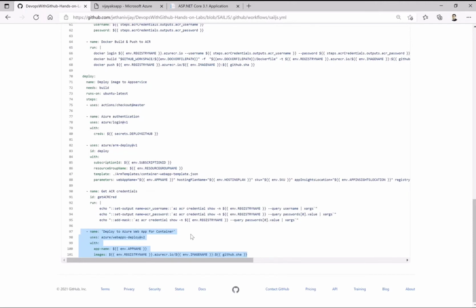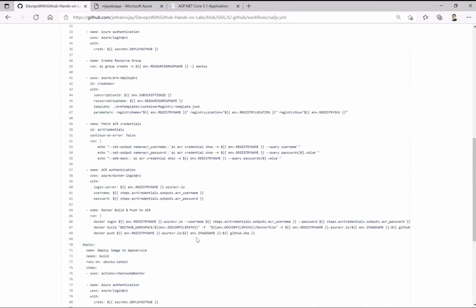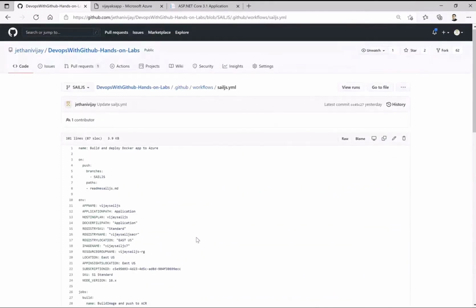That means whatever artifacts I have, as an image, I'm deploying as a container on that particular app service. Okay, so this is what I have as a part of this Sails.js.